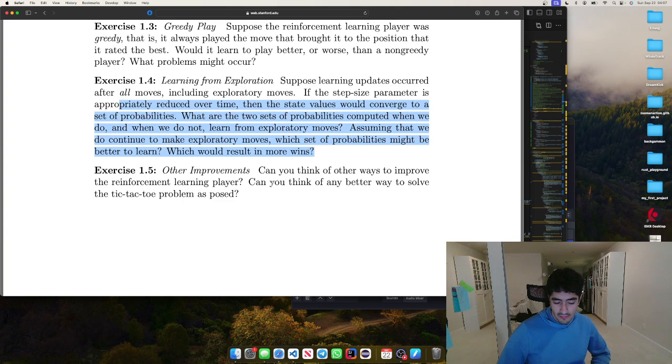A randomness should converge because our environment is closed, especially if it's a game. But if our environment is not closed,